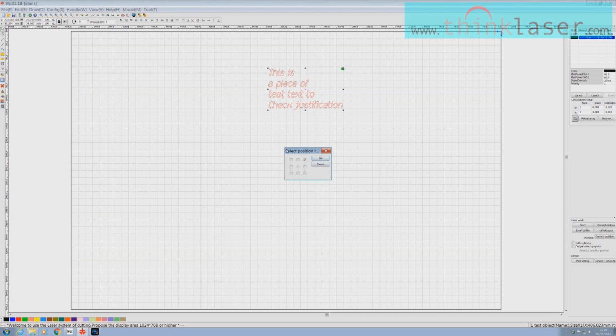The last time we used this, I'm sure that we moved that to the top right hand corner. So now my center position, my handle, if you like, for this piece of text is sitting up here with the green square. So any location that I now make should be based around this corner and not the center of the object. Now you can see clearly that this piece of text is not set into the center of the screen,